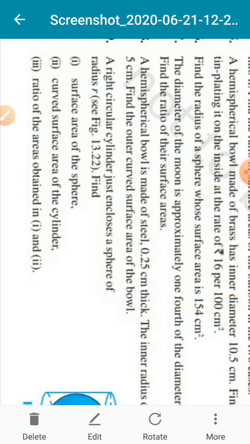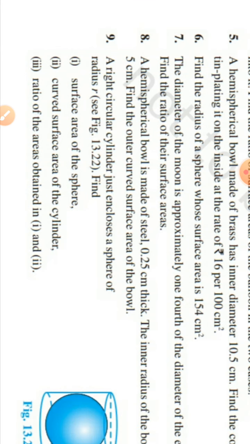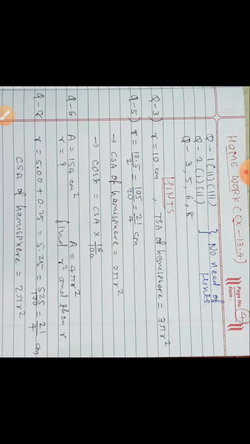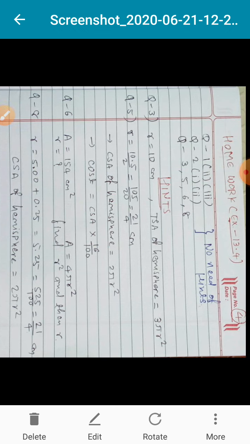Now the one left is 6. Look at 6. Find the radius of a sphere whose surface area is 154. That is quite a reverse type of sum. Why? Instead of the radius they have given the area. So area is given for the first time and radius is not given, so we just go in the reverse way, meaning we have to make r square the subject and then r. That is again simple only but new in this sense. So just use question number 6.